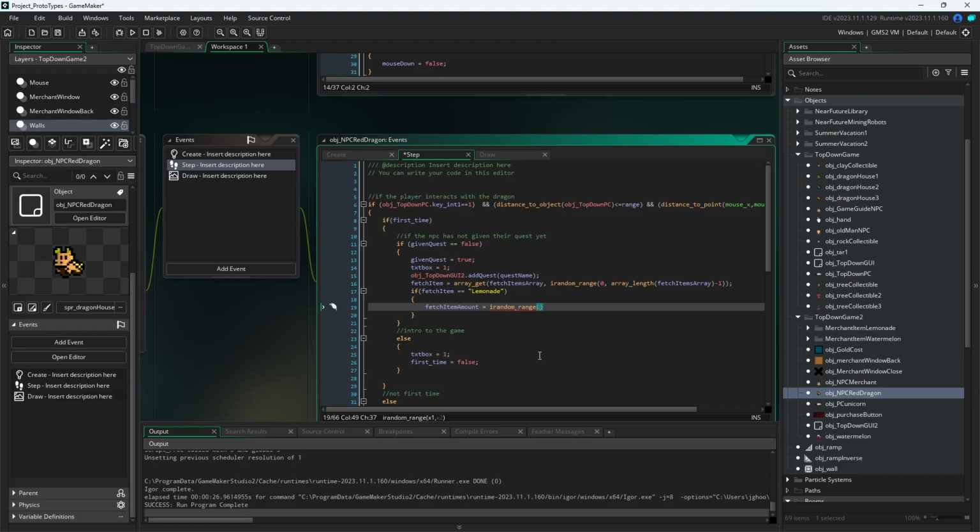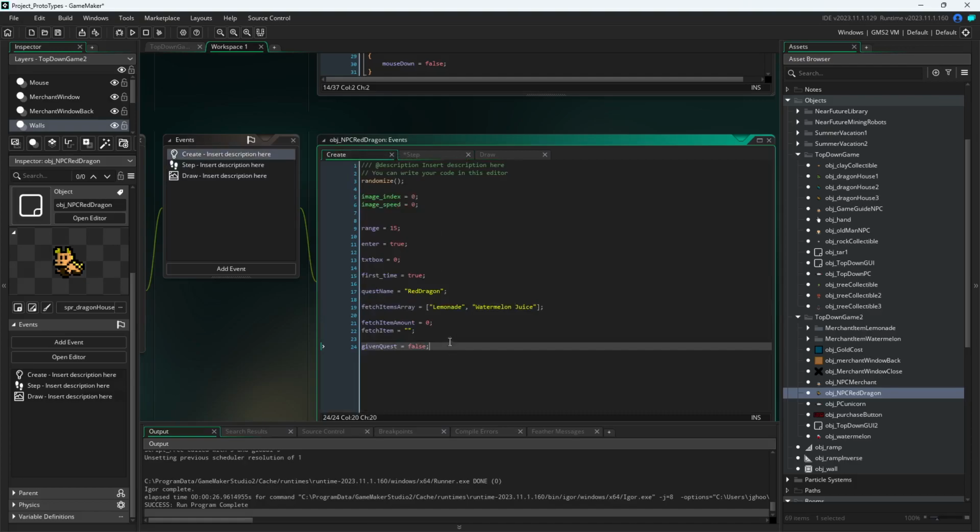Let's see. So lemonade's 5 coins. So how much coins should they spend? Probably 1 to 3. So 5 to 15 coins. And they'll get, all right,